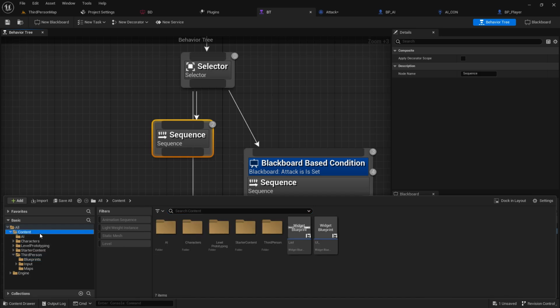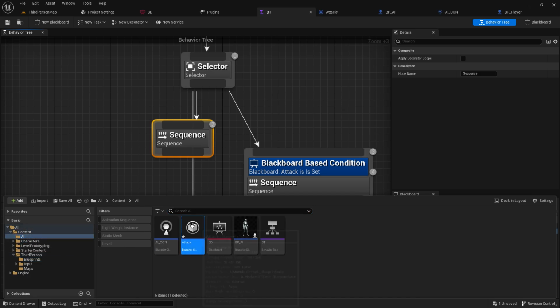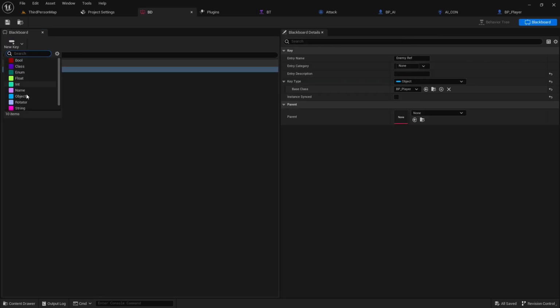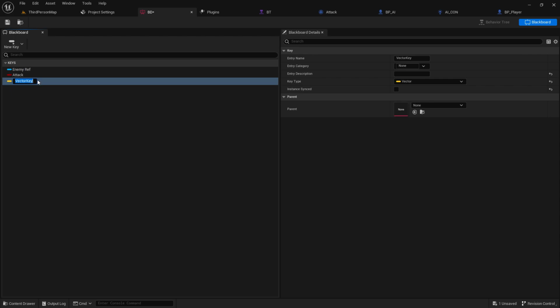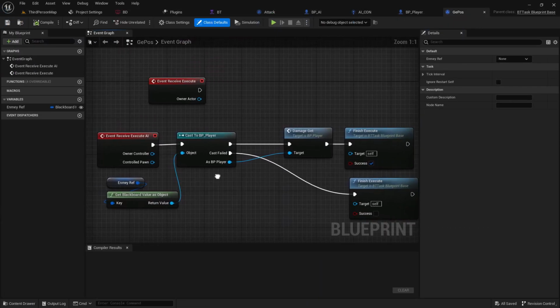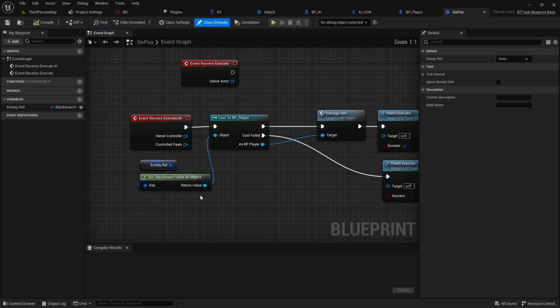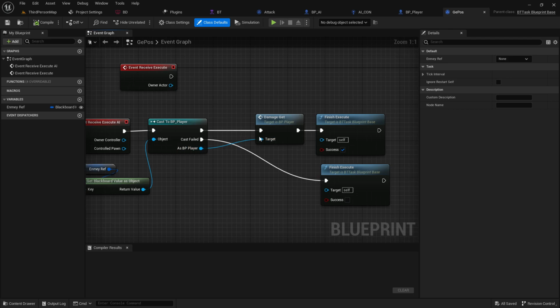If it's not giving you one, you can go to AIs and duplicate that, and let's give it the name Get Pos, that is the get position. In the Get Pos, I need a vector to verify their location. So a vector, that is the location. So at the location, we need to verify it. So here on the Get Pos, whatever the variable is, and from that what we are going to do,